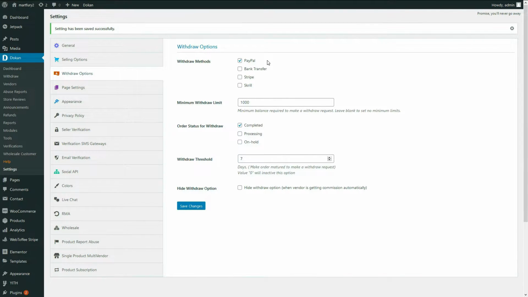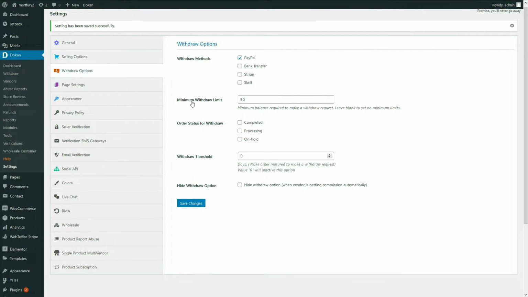When the vendor registers as a vendor, in the vendor profile he has to give the PayPal ID, and when the vendor reaches the payment threshold, the admin will send the payment using that PayPal ID. And after that, here is the minimum withdrawal limit. Make it something like $1,000. That means when the vendor sells 1,000 rupees of product, only then can he raise a withdrawal